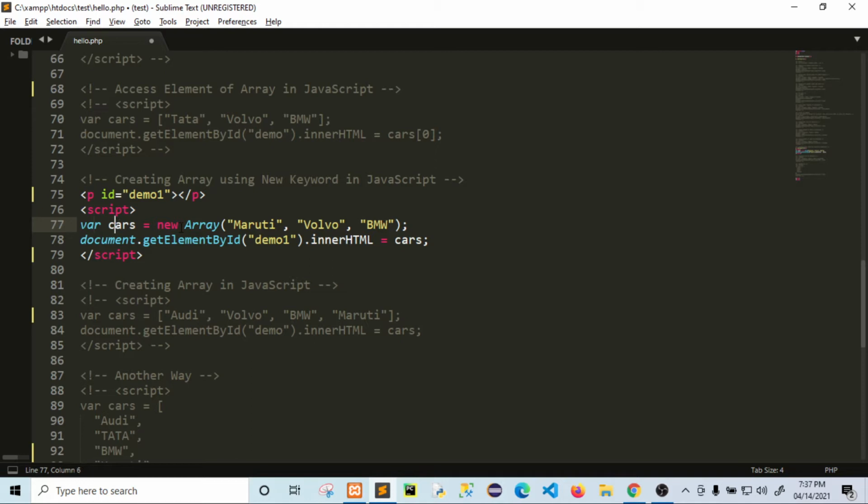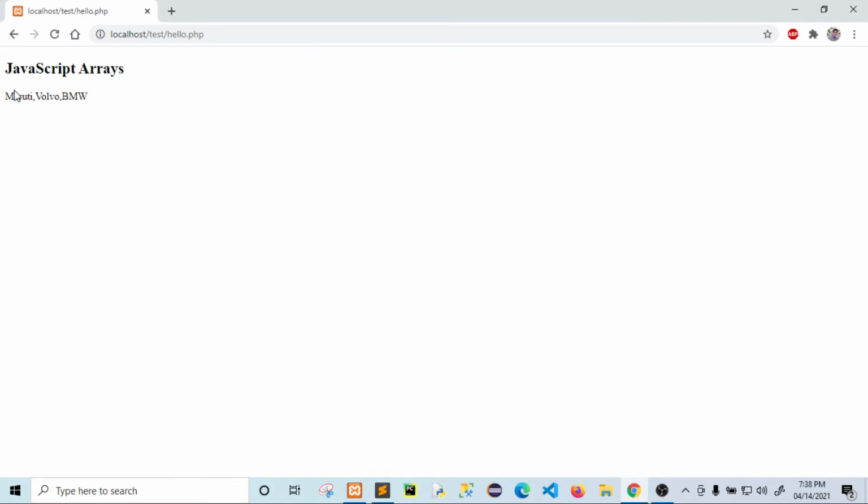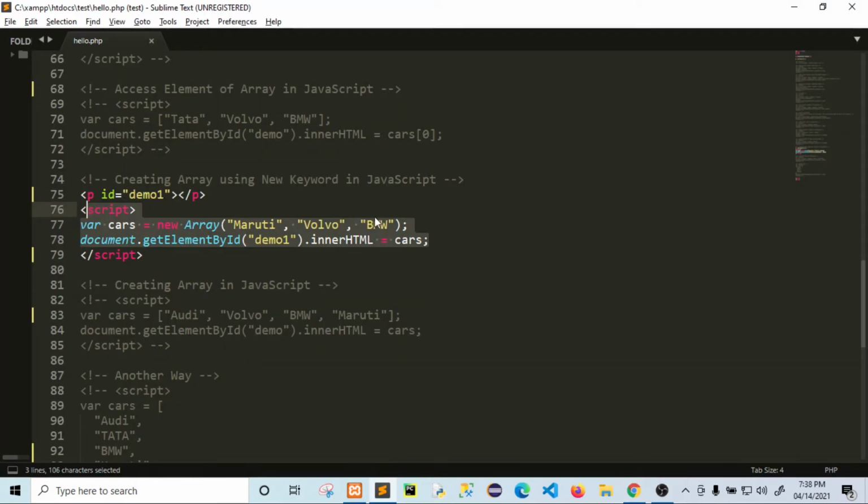This is cars, this is the new keyword, and you write Array in round brackets: Maruti, Volvo, BMW. Now you simply access it here, save, run. You can see Maruti, Volvo, BMW.